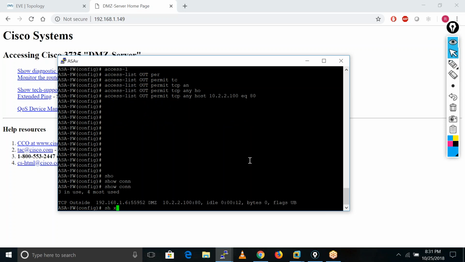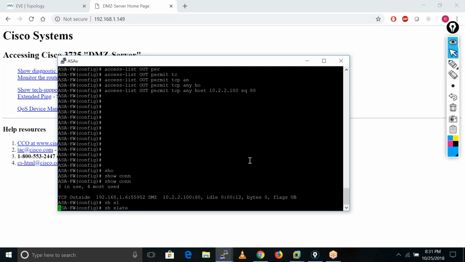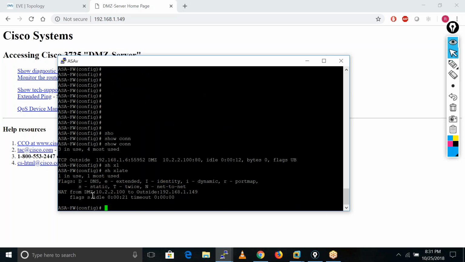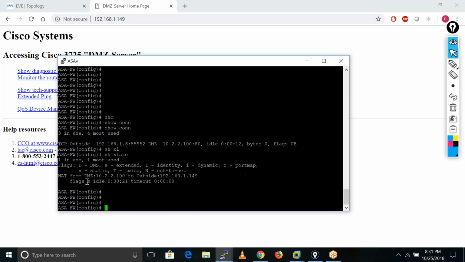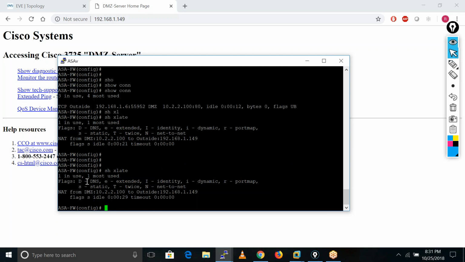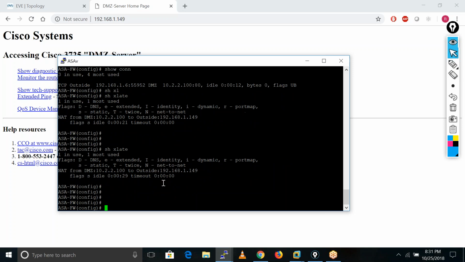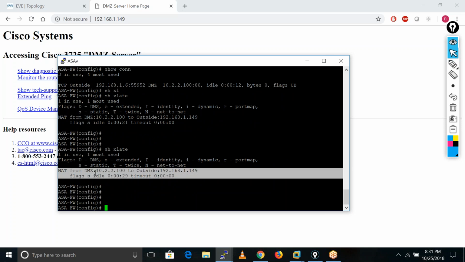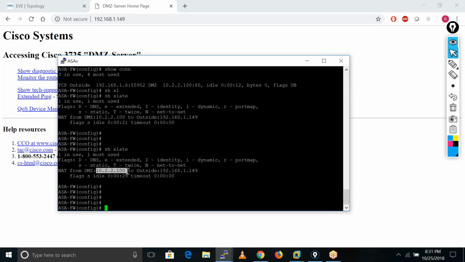And I also have one xlate entry. So show xlate. See, I have one xlate entry here. This is the DMZ IP address, and this is the public IP address which is translated to this IP address.